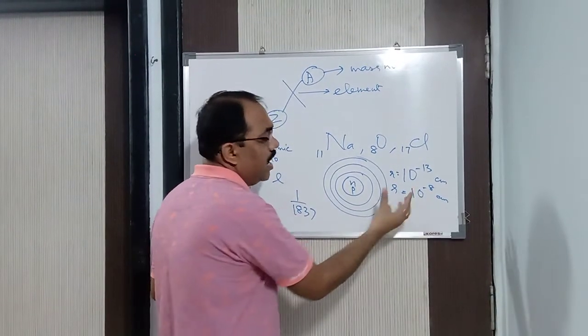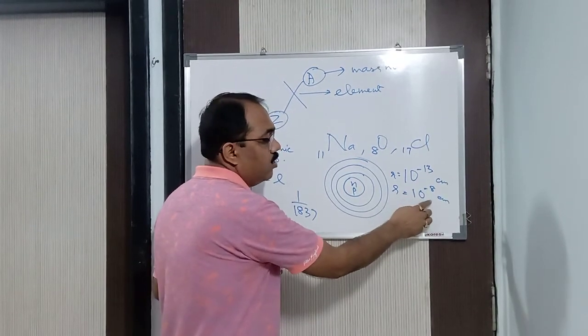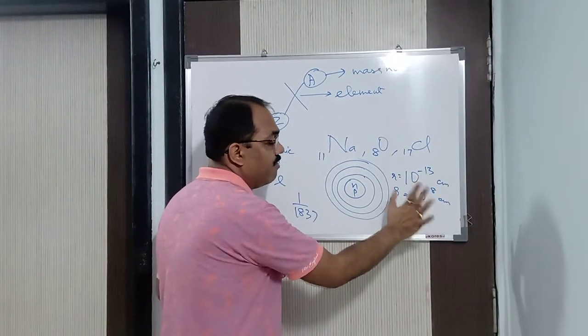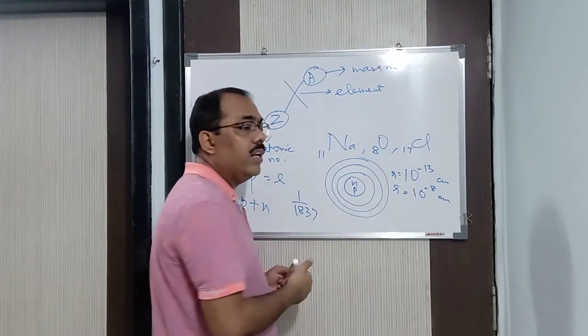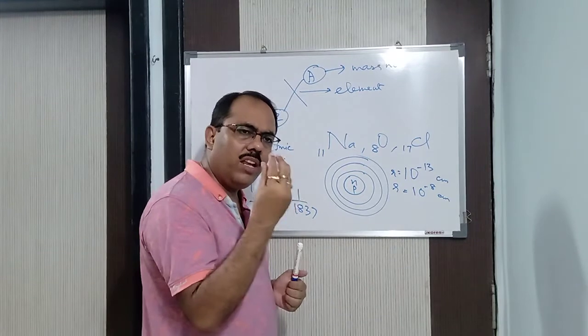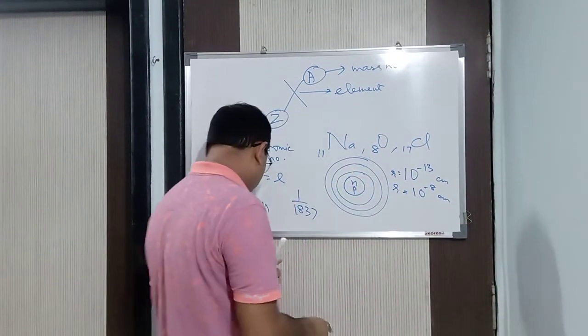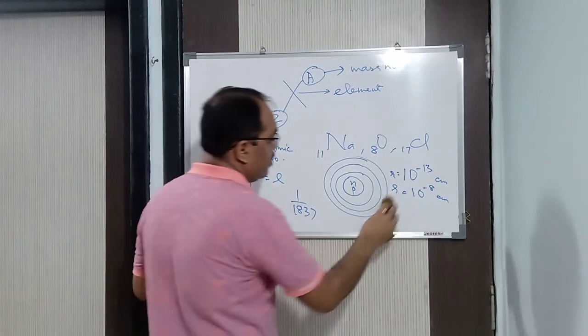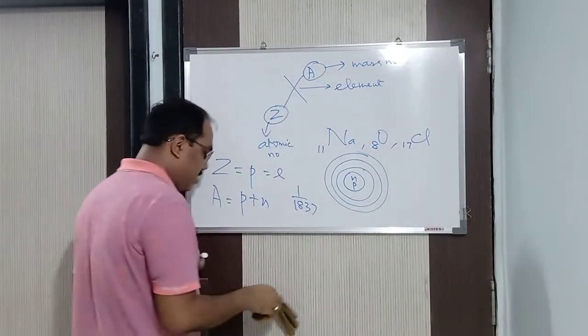And also you can see the atom is also so small. The radius of an atom is estimated to be 10 to the power minus 8 centimeter on an average. Similarly, the radius of the nucleus is on an average taken to be 10 to the power minus 13 centimeter. The nucleus is very small in an atom. Alright, fine. In this way, what I was saying to you, that the mass of an atom, I mean to say the mass of the nucleus.